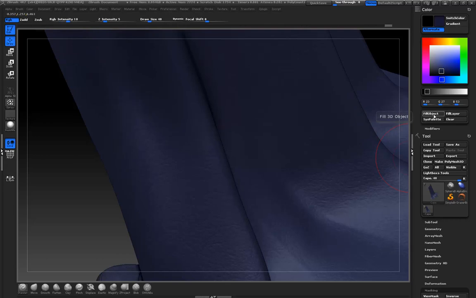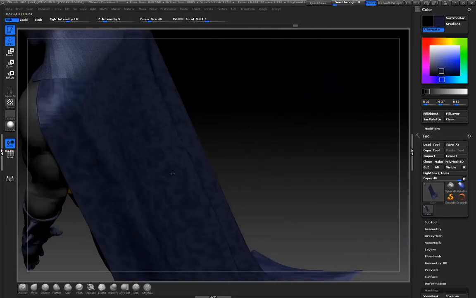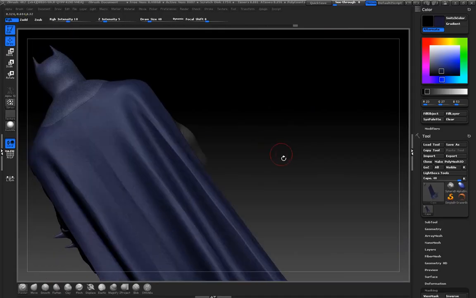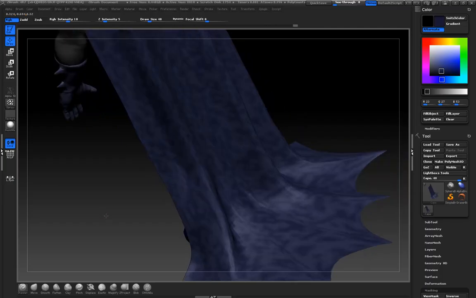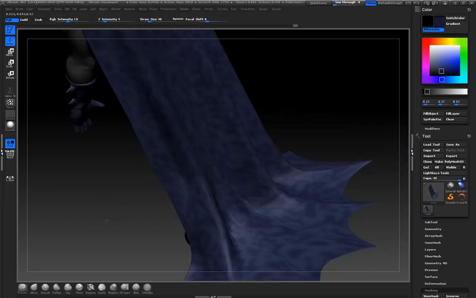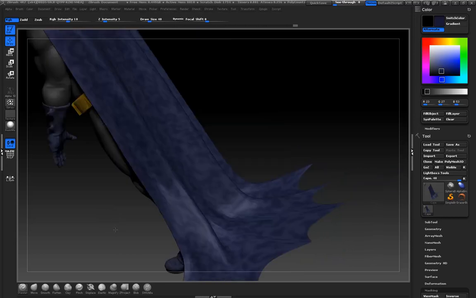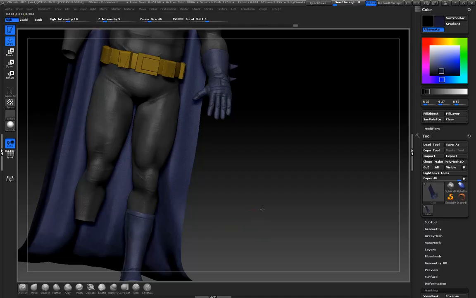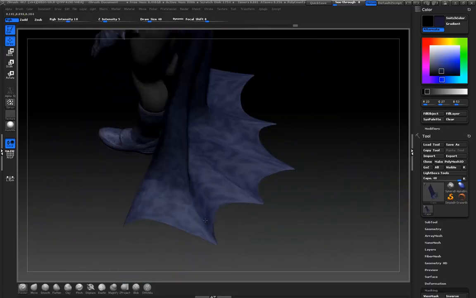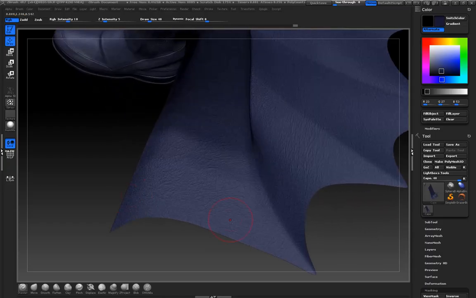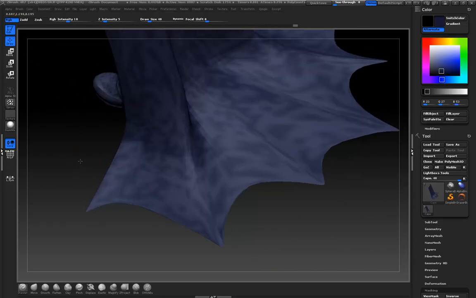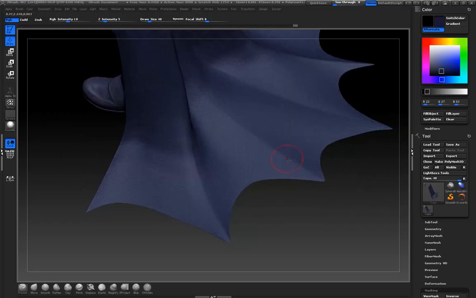Okay, so you can see there, I'm just doing it bit by bit. You can see there that the pattern in those cavities is now being filled out. So then if we zoom out, we can now see that the look of that material is looking a lot better. So that's pretty cool. And last but not least, what I'd like to do is add a little bit of dirt to the base of the cape, because we've done that sort of thing with the boots. So I'm just going to add a little bit to the base